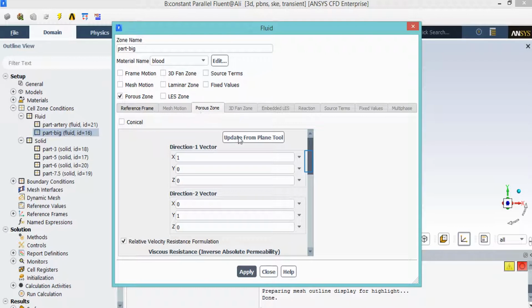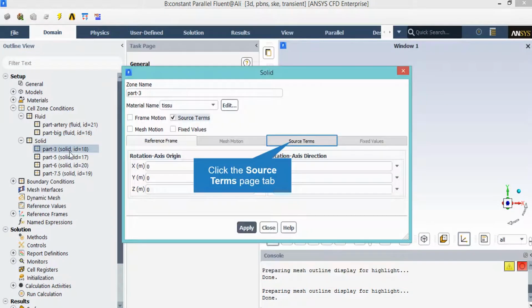Under the porous zone tab, you will see that direction 1 and direction 2 vectors, the values for these directions are automatically set by the software, and you don't need to change or set any values. In the appeared window, you will see that the material name defined for this zone is set to be tissue. Also, you can see that a source term is activated. Under the source term tab,